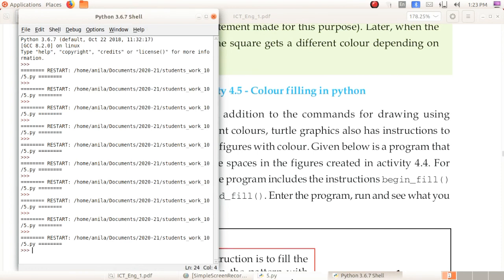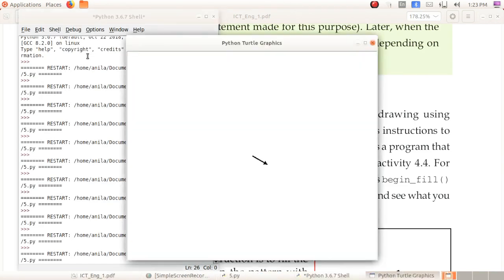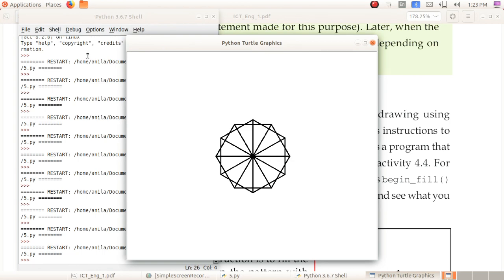So we have to change this degree. Right of, we can just decrease that. I am just giving right of 30 degrees and just run it. See what is happening when I change the number of sides and the rotating degree. See, we have got a pattern like this.